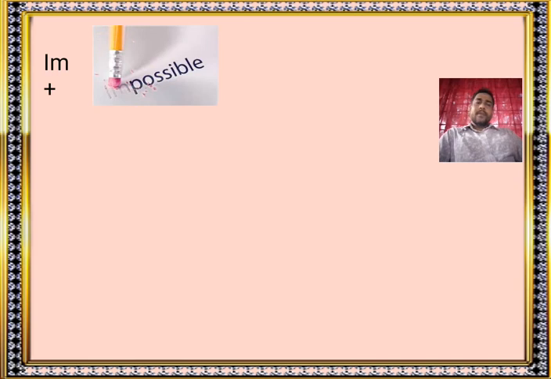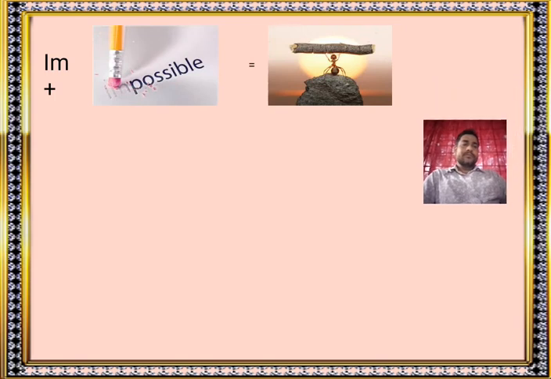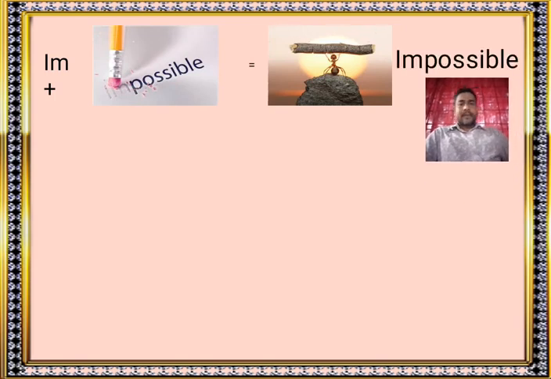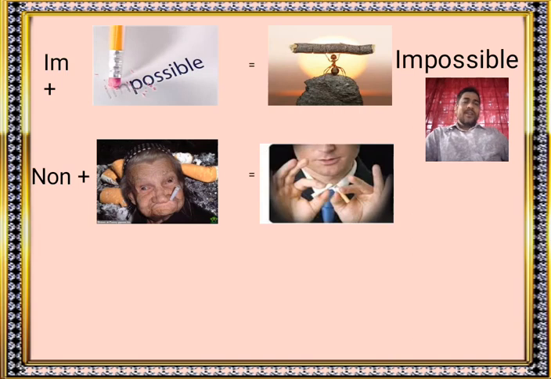Im plus possible equals impossible. And the next word is very interesting, that is non plus smoke equals non-smoker,